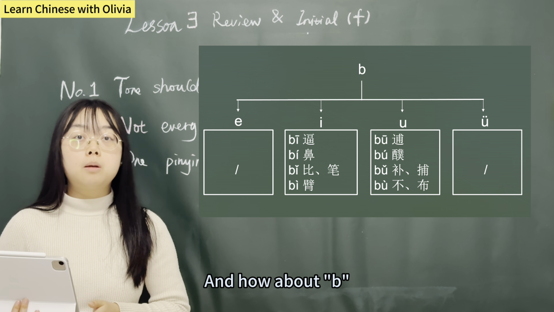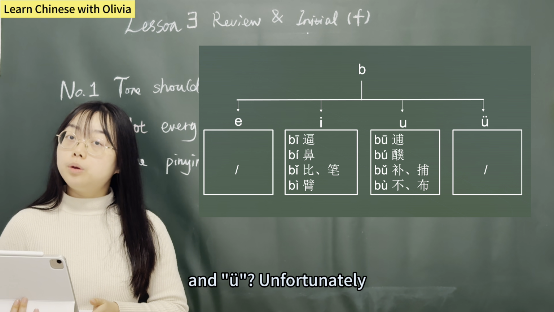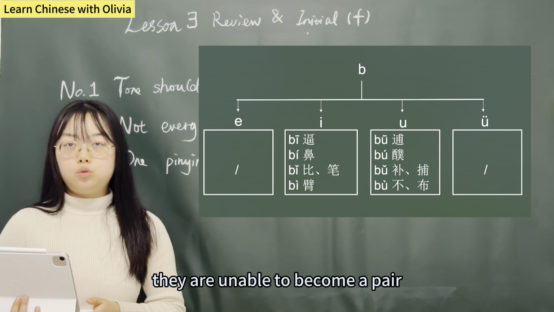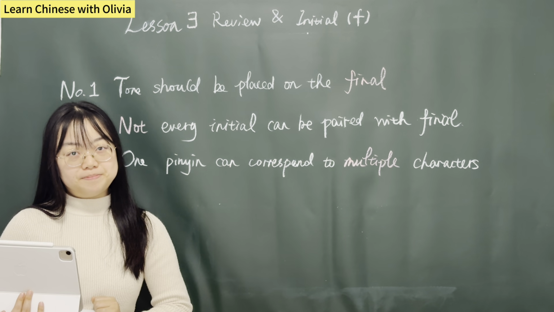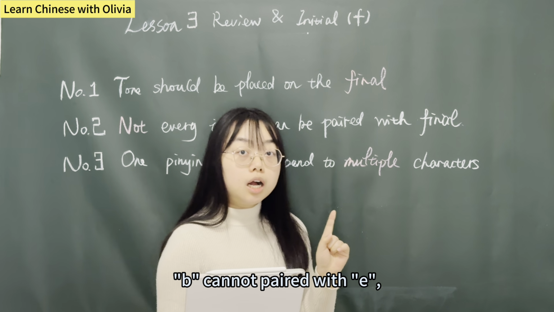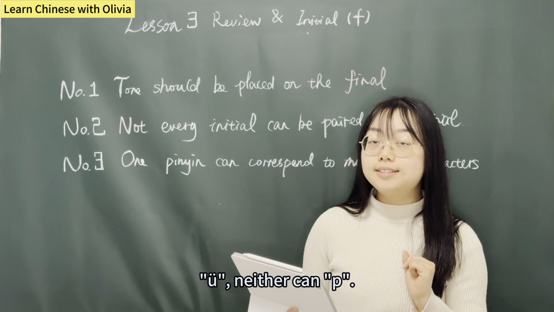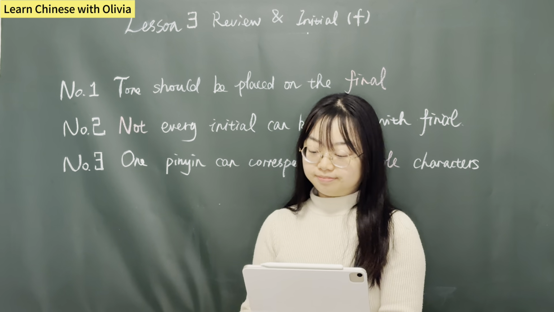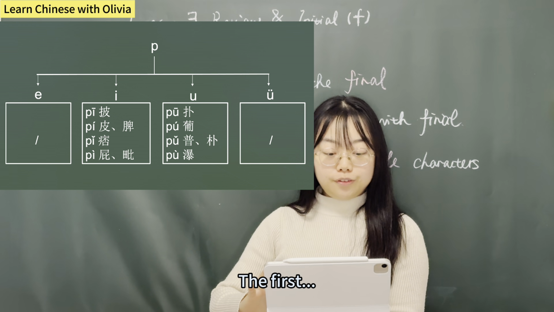And how about bo and yu? Unfortunately, they are unable to become a pair. Bo cannot be paired with yu. Neither can po. So let's have a check. The first one,